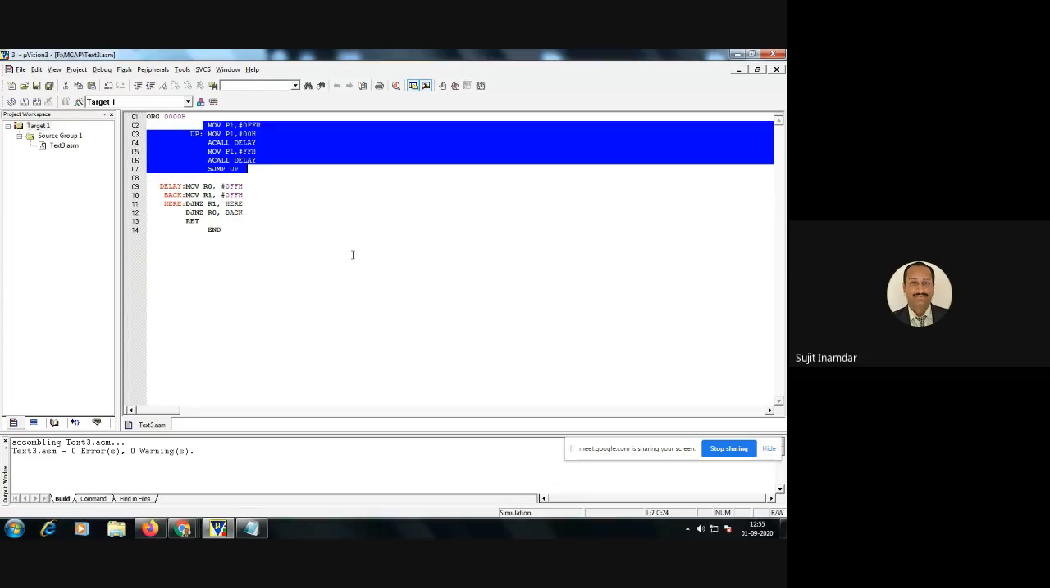First instruction, that is MOV P1, #0FFH. As we are dealing with the simulation software,